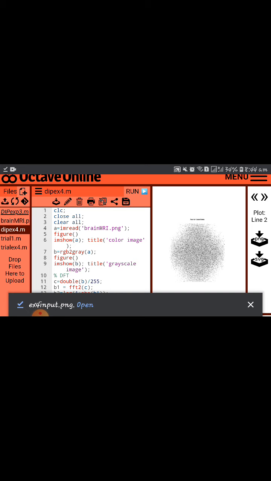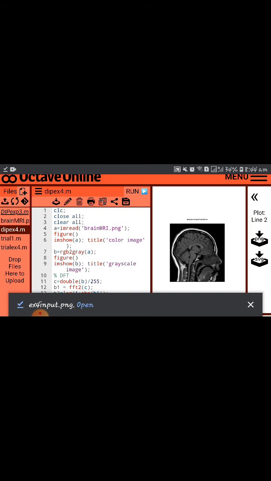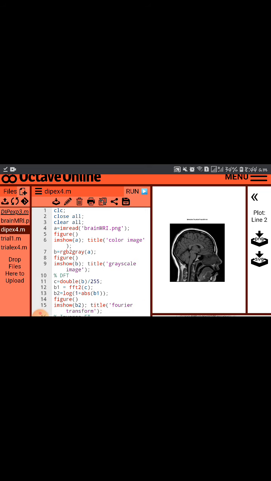So basically you are converting it to frequency domain and then you are getting your reconstructed image. So in MRI you would have studied MRI reconstruction and all, right? So there all these processes are happening in the background. So this is like the Fourier transform analysis of the MRI image. So yeah, this is all. So save the images for your report.